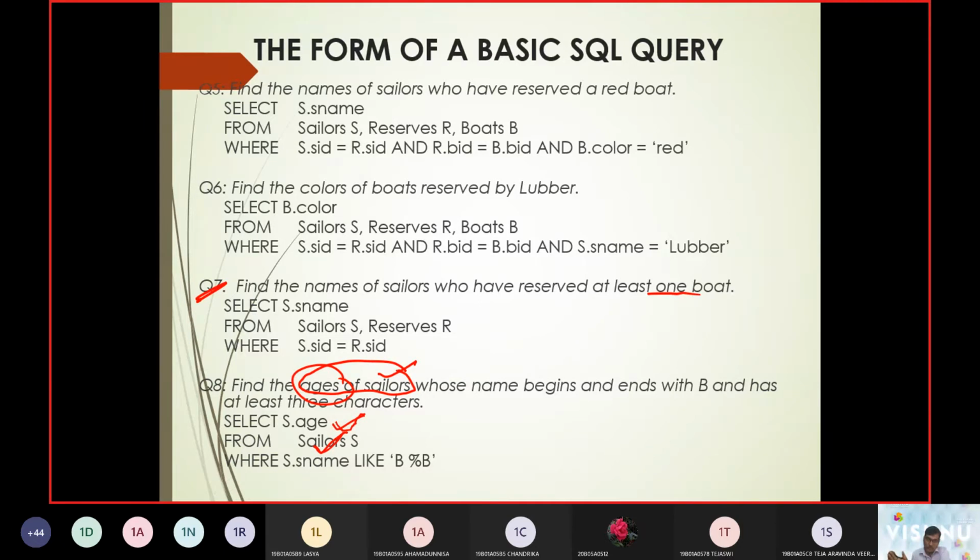Okay, will this work? No, it won't work unless we give a condition. So what was that condition we have to take up?